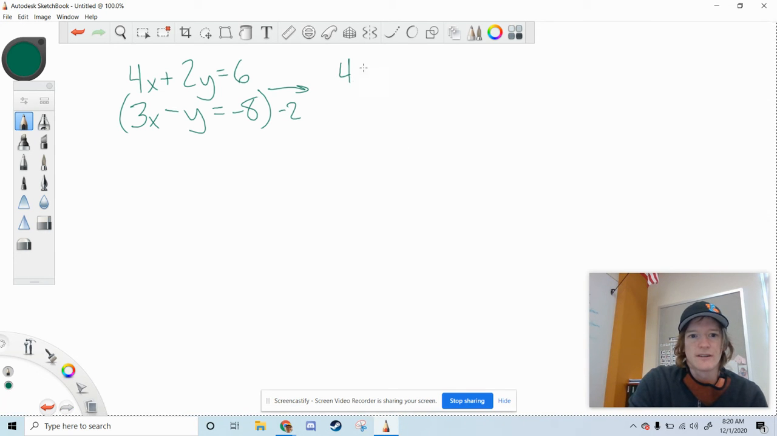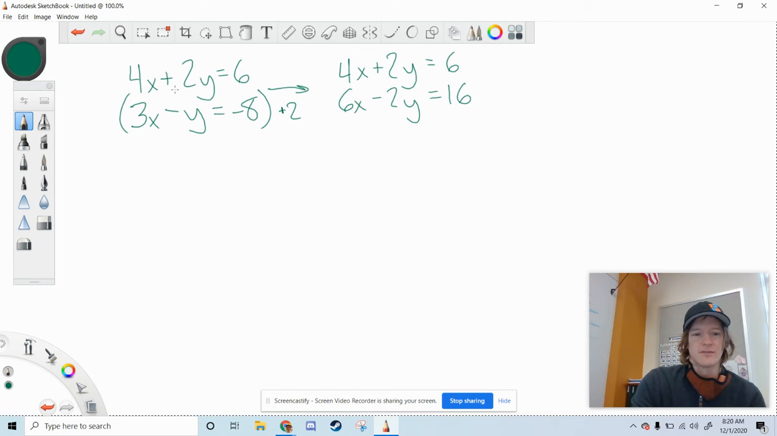So we'll have 4x plus 2y equals 6. And I said times -2 here, but it's times +2 because it's already negative, positive and negative. So we'll have 6x minus 2y equals 16. The y's will disappear. So we'll have 10x equals, let's see, did I make a mistake already? I don't think so. 16 plus 6 is